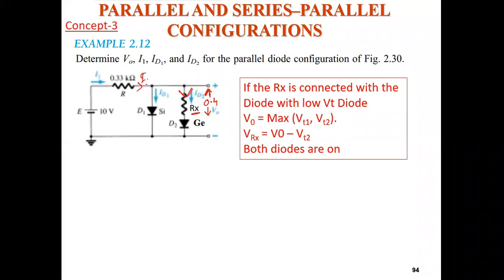Similarly, this I1 I can calculate. Okay, so obviously this ID1 will be subtraction. Your ID1 will be equal to I1 minus ID2. तो ID2 को कैसे कैलकुलेट करेंगे? That will be equal to 0.4 by this Rx. And I1 को कैसे कैलकुलेट करेंगे? That is equal to VR by R. तो VR कितना हो जाएगा? VR हो जाएगा तुम्हारा 10 minus 0.7. Okay, ठीक है. So this is the concept about this type of questions.